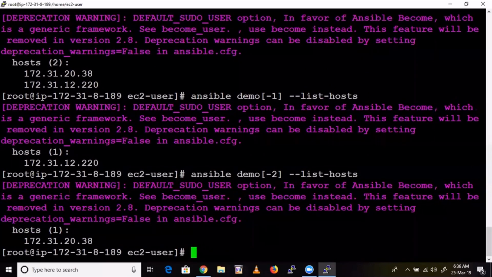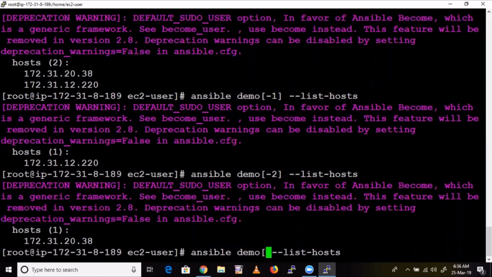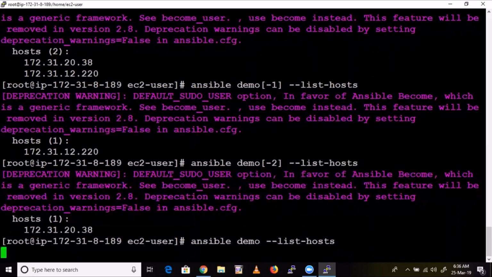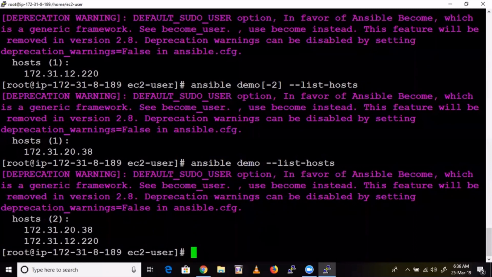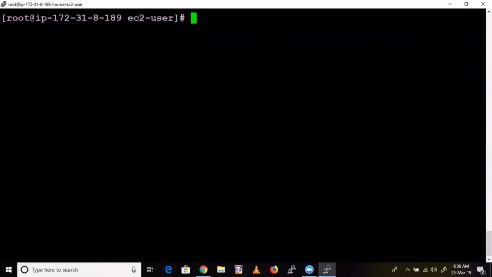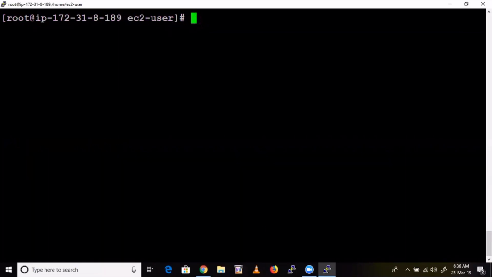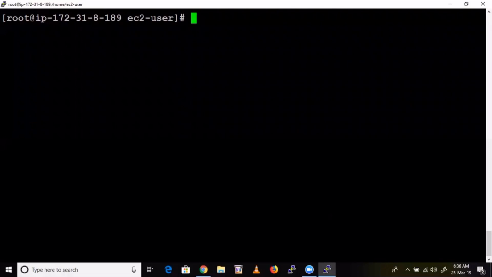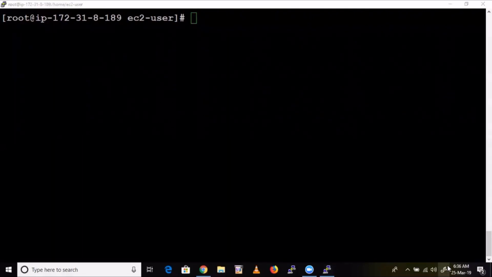If you have multiple groups, what do you do? One more group, for example, test. Like that, multiple groups. That's how we refer to these things, guys. Okay, fine. Now, coming to the test environment. Test environment, so what do we have to do?